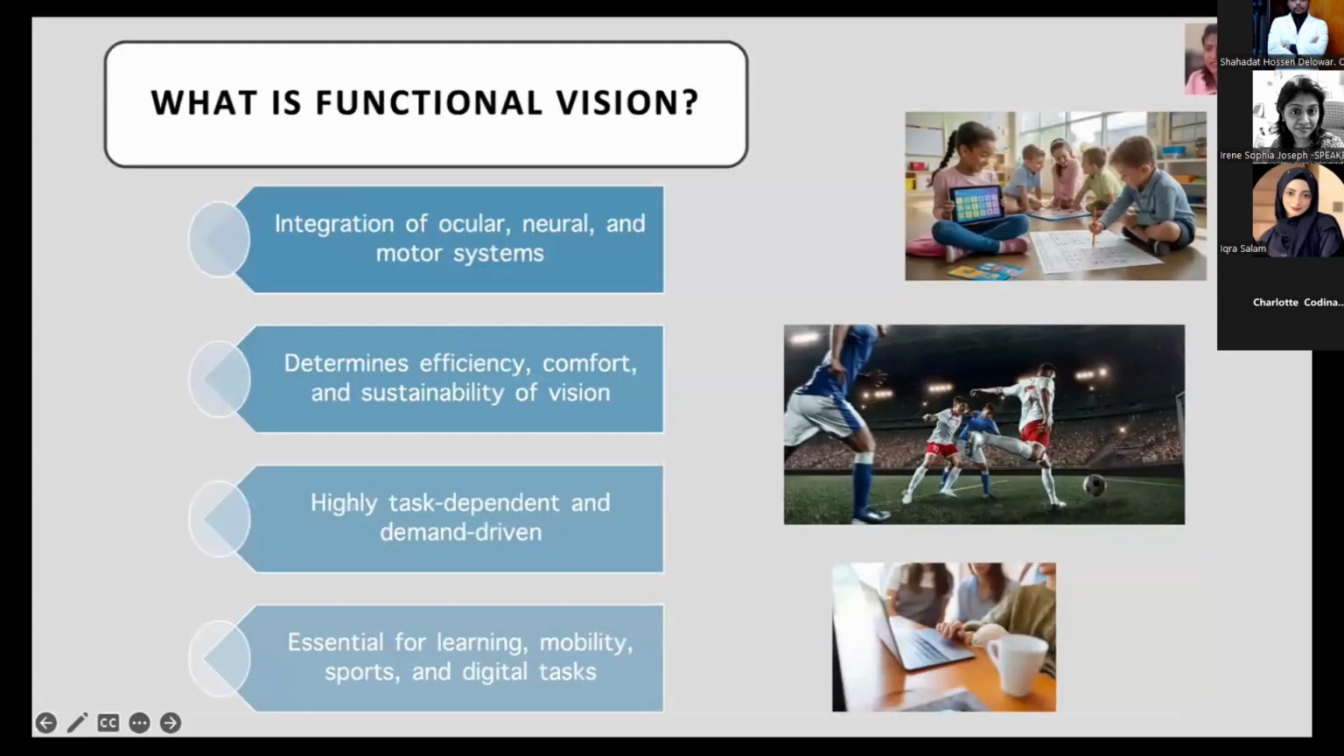So what is functional vision? It's how the eyes, the brain, and the visual pathways work together to perform real-world tasks. It determines how efficiently